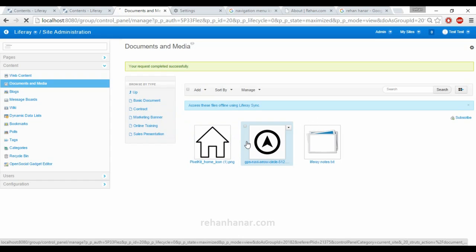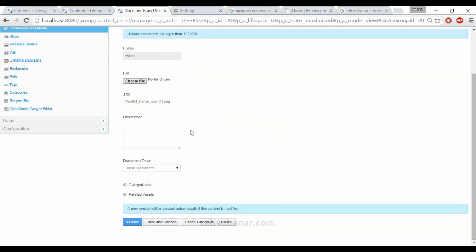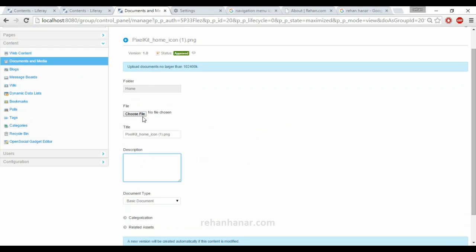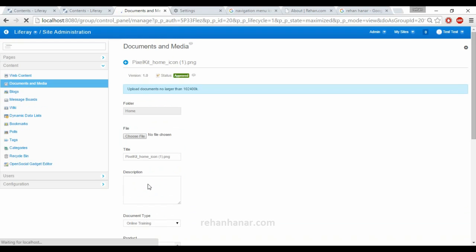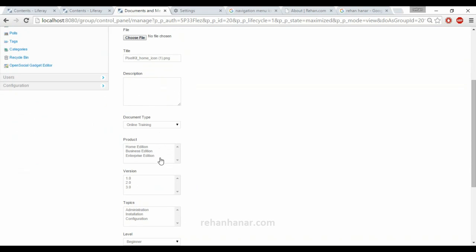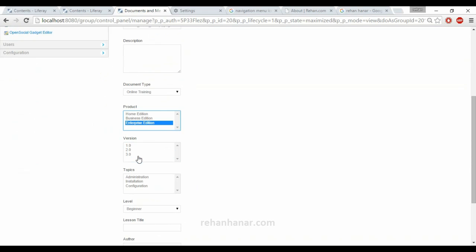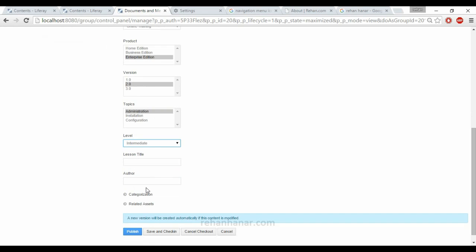So if you give edit, if you select this content, you can also change the description for this content. You can also set a thumbnail image for this content. You can also change the document type of this content. Suppose we change it to online category, online training type. We will set it to enterprise edition, version, administration, installation, level, intermediate, lesson, title, Liferay, author,